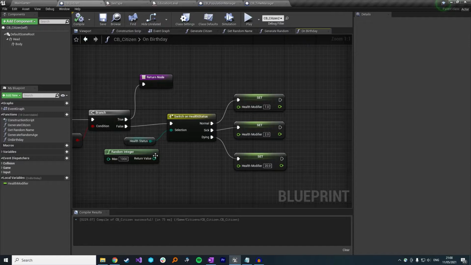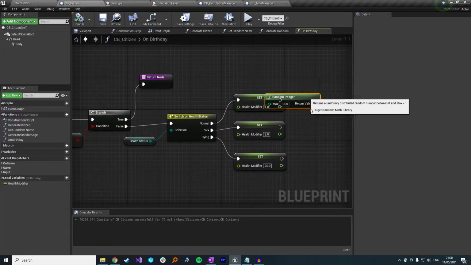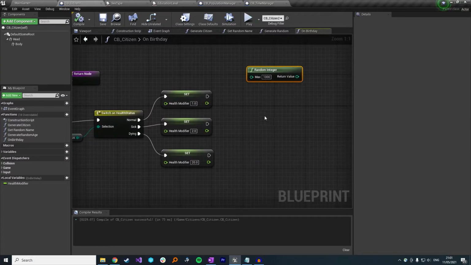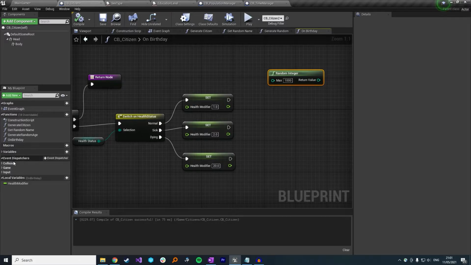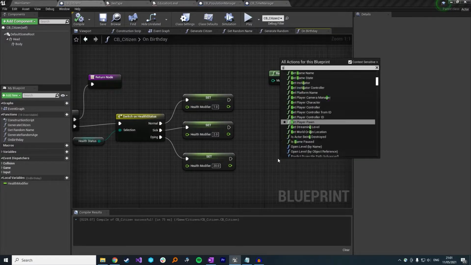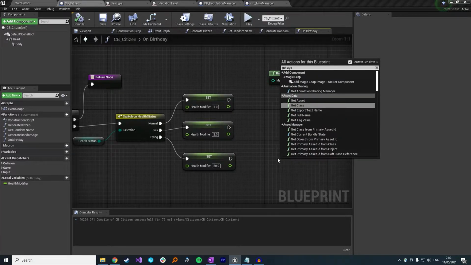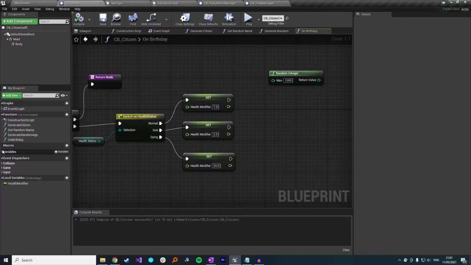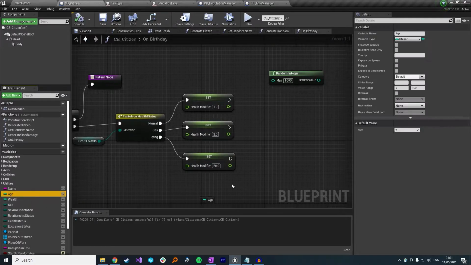So that's the first thing I want to do. So we've got a health modifier, and then we've got this random integer. I'm just going to pull that out there. And then the other thing I wanted to do was get the age. The other thing this is based on is age. So if I just pull down the age,